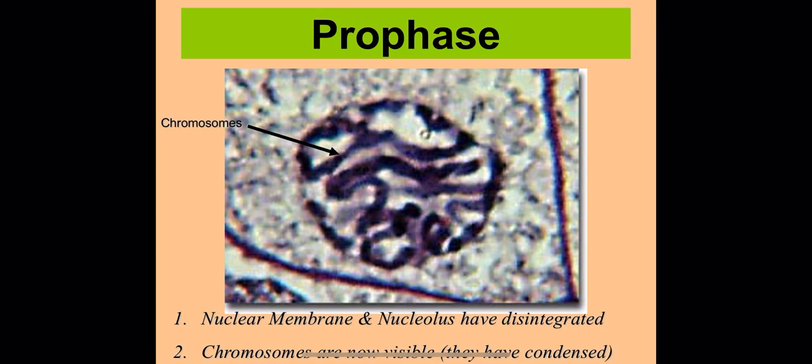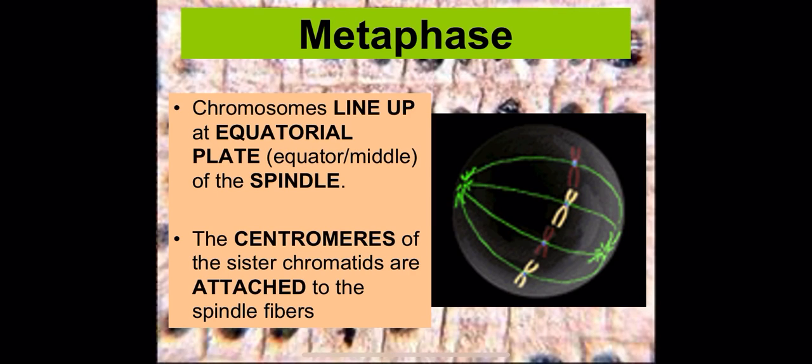And what I want you to notice is that you can see the chromosomes where things are starting to become condensed. Like you can see the space in between the different structures. And also, if you look around the nuclear area, there is no solid, thick nuclear membrane line around it. So that is kind of your indications of prophase there.